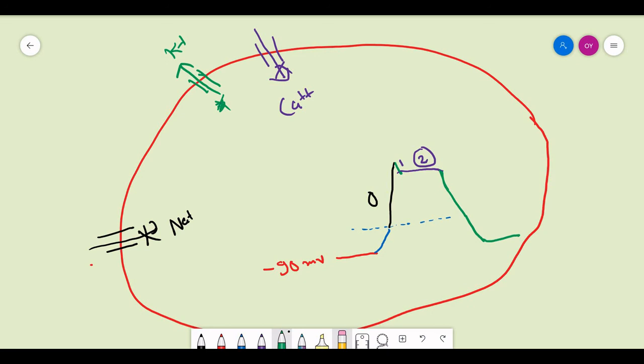Okay, so from SA node, note some differences you can notice here. One thing, the resting membrane potential is stable here, it does not go automatically to the threshold. In SA node it goes automatically to the threshold. Here it reaches the threshold because of a stimulus coming from SA node. Another thing is the phase 0 or depolarization in this cardiac muscle cell is because of opening of this fast sodium channel. In the SA node that was because of slow calcium channel.